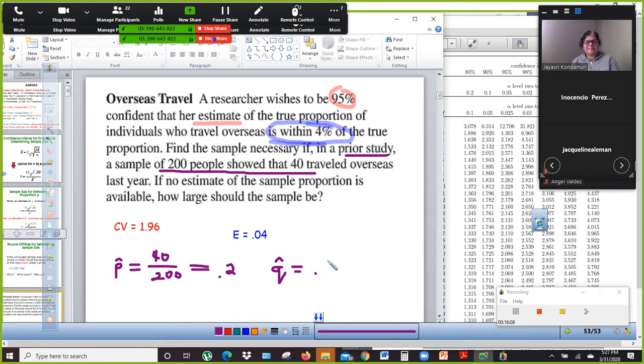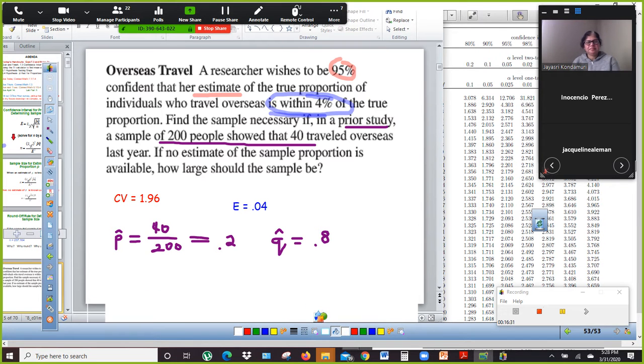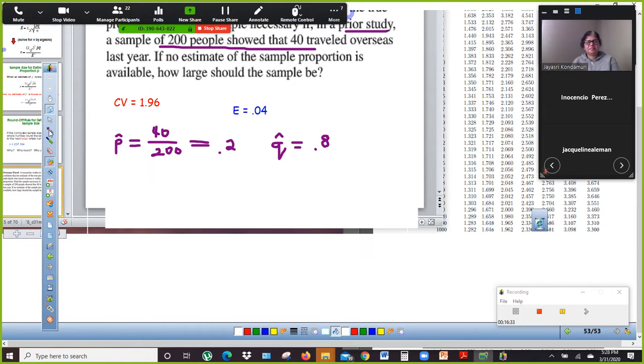0.8. Exactly. Those have to add up to 100%. If there's a 20% chance they say yes, there's an 80% chance they say no. So those are my basic numbers. So now in order to do my calculation, then I can just use this. So n equals,